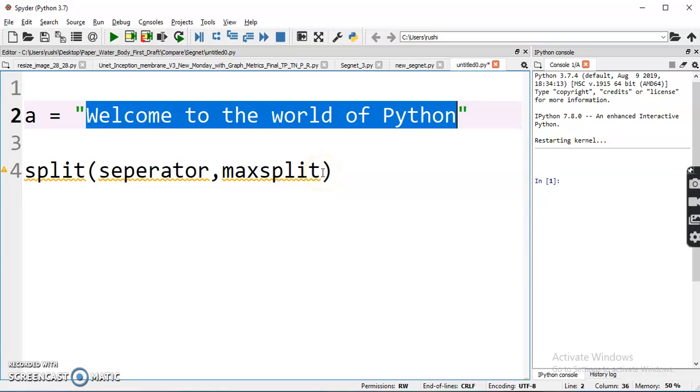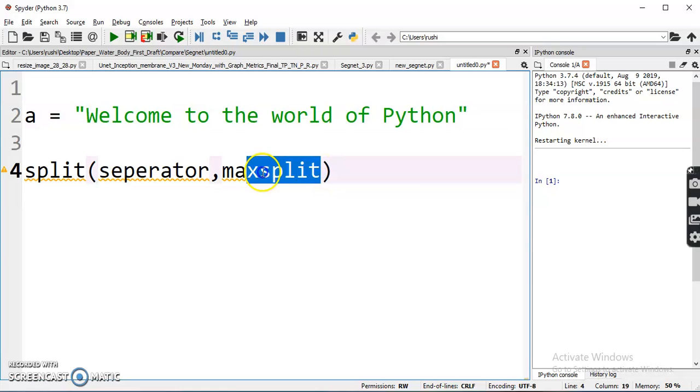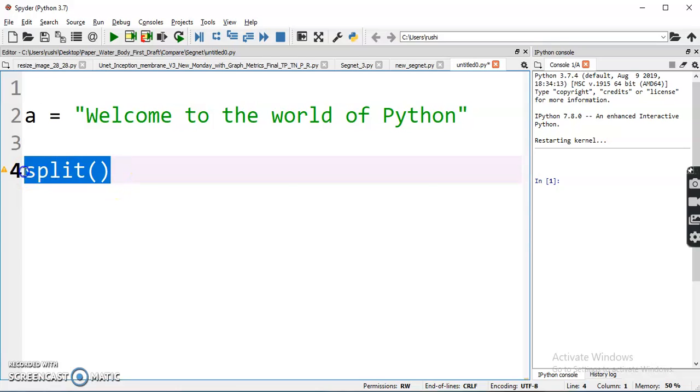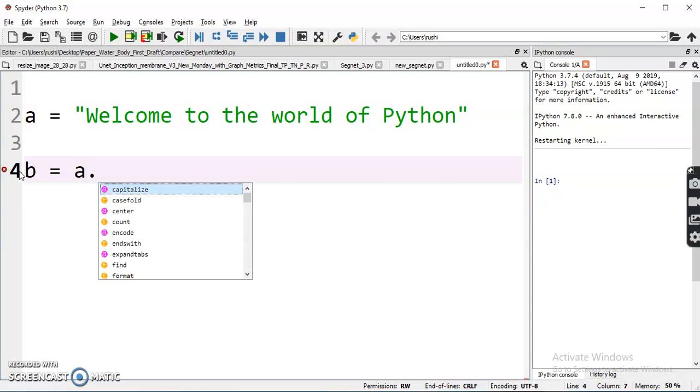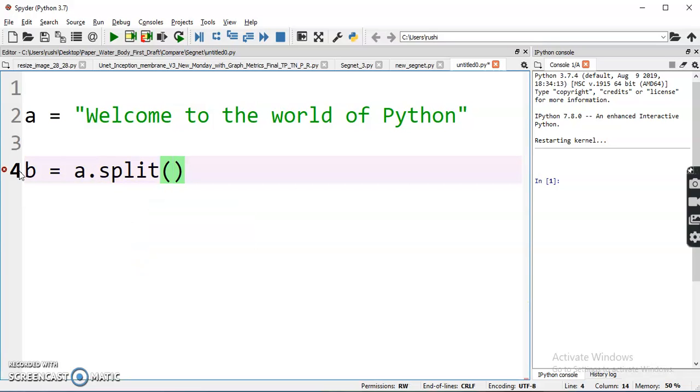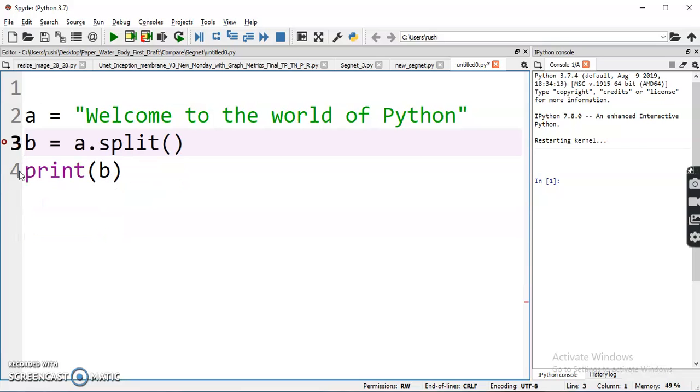Okay, we will go through examples of both the parameters, and what will happen if you do not provide any of these arguments to the split function. So let us consider a variable b in which I am going to store all the tokens that are split after using split function. I am going to perform split function on variable a which stores the above string, welcome to the world of Python. So here I am going to use split function but without any argument, and then I am going to simply print variable b. Now if we execute this,